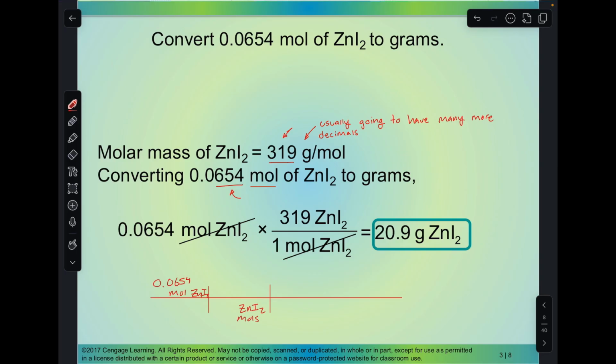And we are going to use the molar mass here. So we have moles and we have moles. And so we can use the molar mass here. If you don't know, just guess that you're going to use the molar mass. I would say that that's a safe bet. If you don't know where to go,